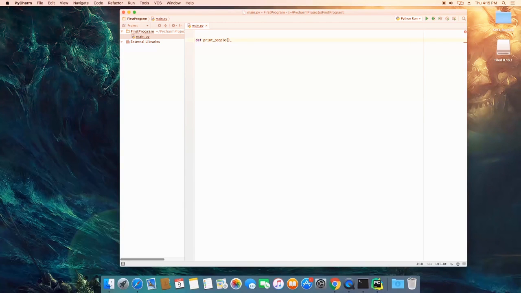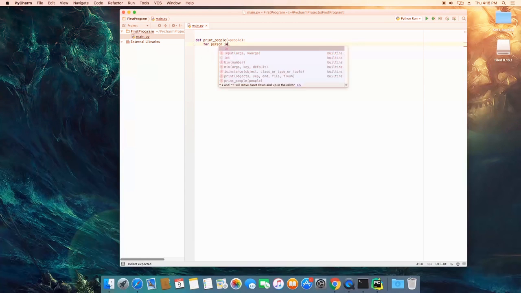So what we're going to do is start off, we're going to only pass one argument into this function, and that's going to begin with an asterisk. And this asterisk tells this argument that it's going to be an array of all of the arguments that are passed into the function. So you're going to see more how this works in a moment. Now, with an array, we need some way to loop over it, and so we're going to be using a for statement, and we're going to go more into this in the future. But for right now, all you need to know is you're going to write for person in people,